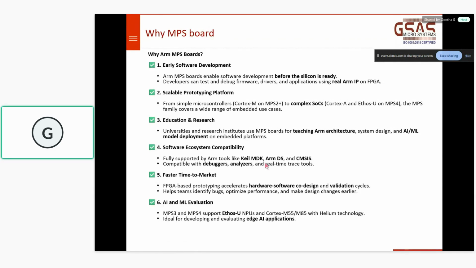AI and ML evaluation. As you know, IoT is a buzzword now, Internet of Things. It's a hot topic. It's a hot cake in the market now. Everyone talks about IoT. Everyone talks about sending secure data to the cloud, or even in a car, in automotive, where per second it sends billions of data to the cloud. So it's all based on IoT related technology now.